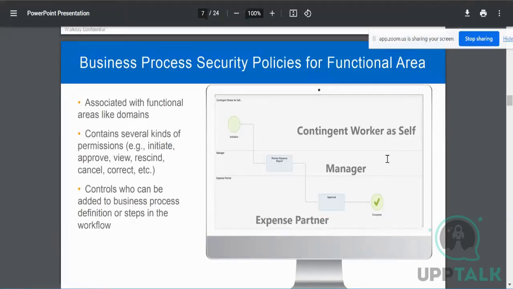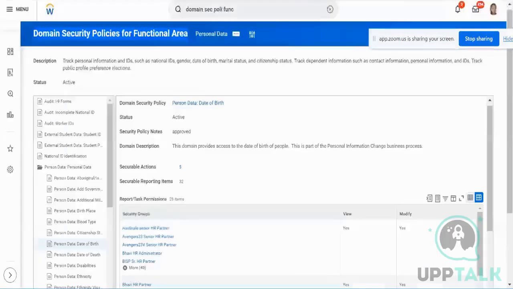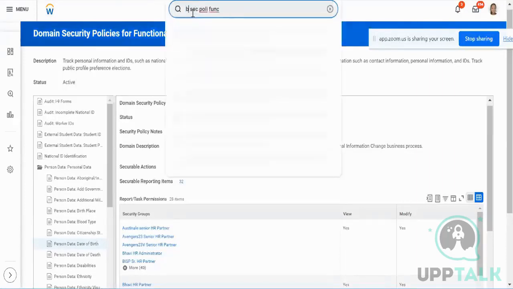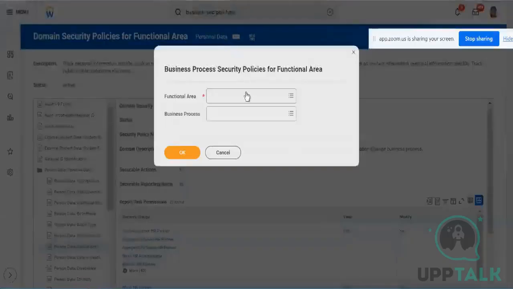Similarly, I can have something called business process security policy for a functional area. Say, for example, let me take